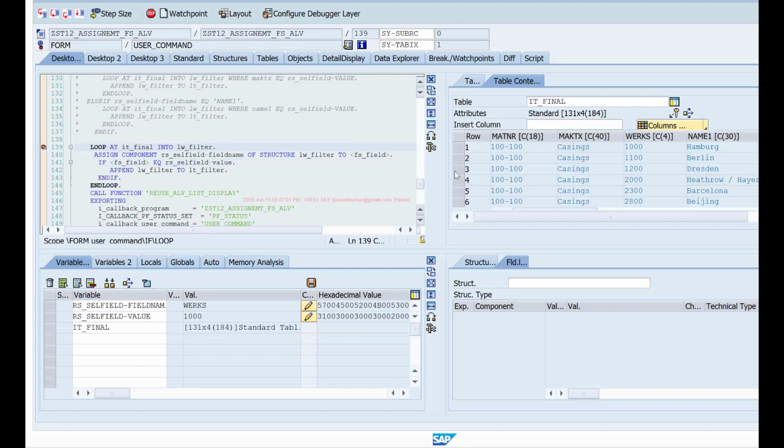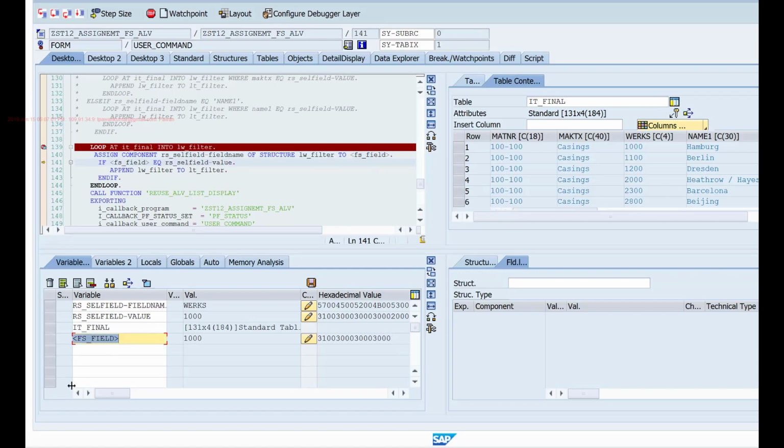And when it is looping this internal table, when I execute this statement, at this point if you see FS field, it is not assigned yet, and once I execute this, it is assigned. So 1000 value is assigned because works is 1000 in the first loop, and that is the value I double click. So I'm moving that to this another internal table to filter.